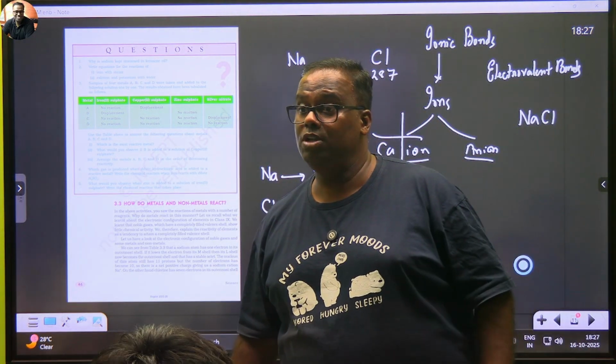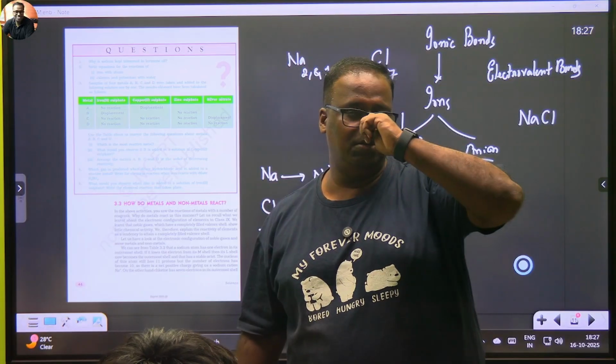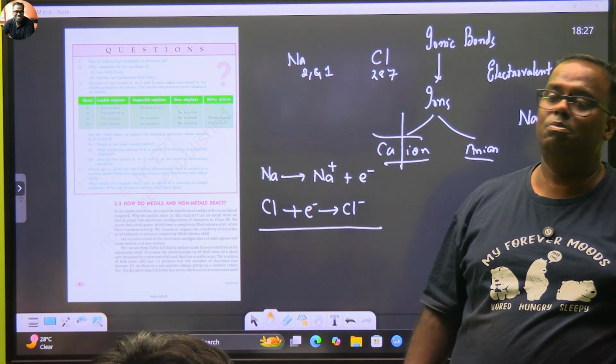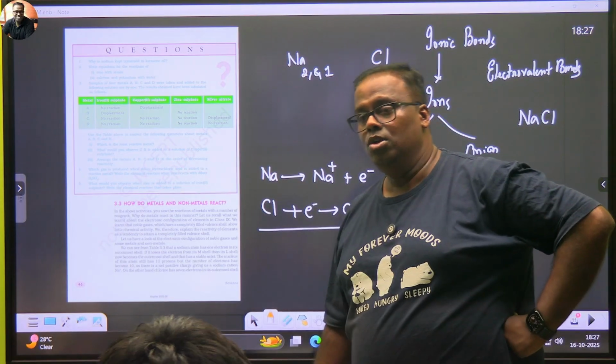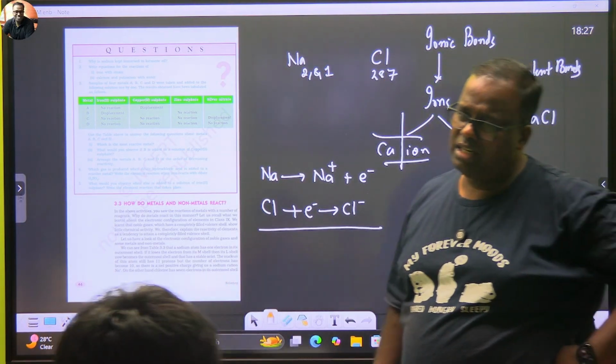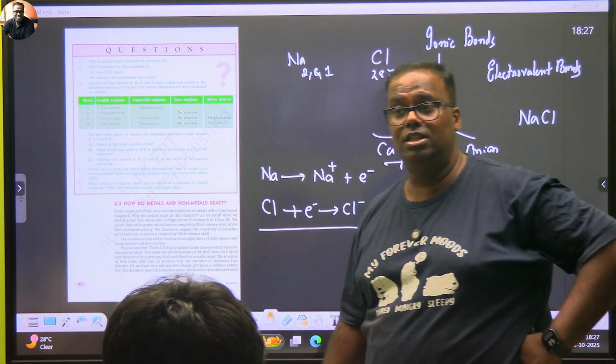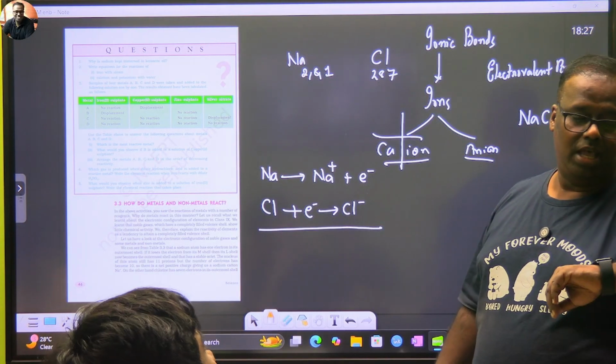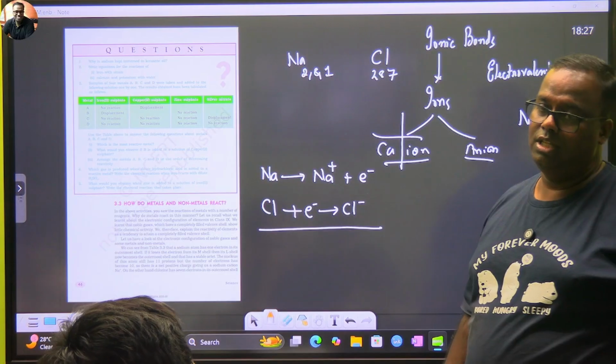These compounds will be very stable. That means their boiling point will be very high. Their melting point will be very high. You cannot melt salt so easily. Clear? My next question is, will they conduct electricity? Well, since they are formed of ions, in their aqueous or molten state, they will conduct, not in solid case. Aqueous or molten state, they will conduct.